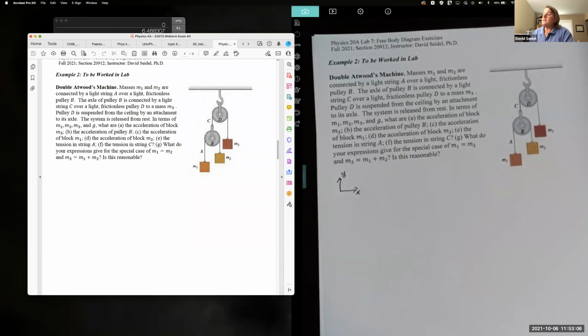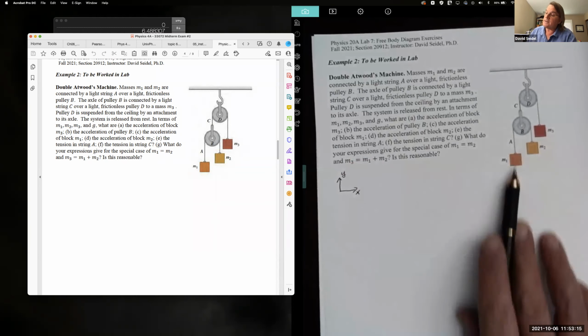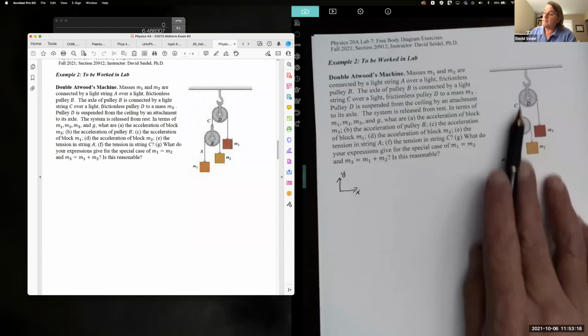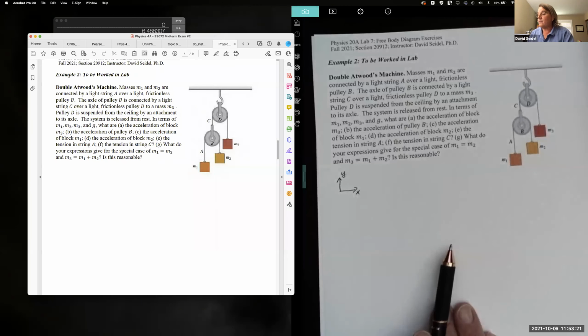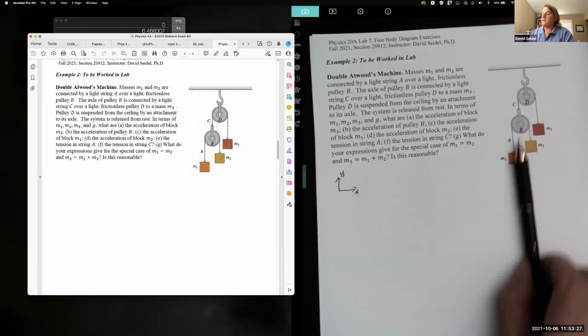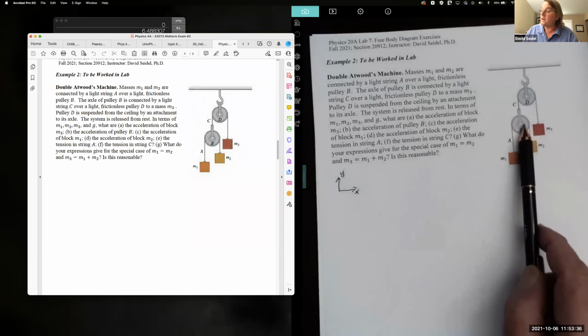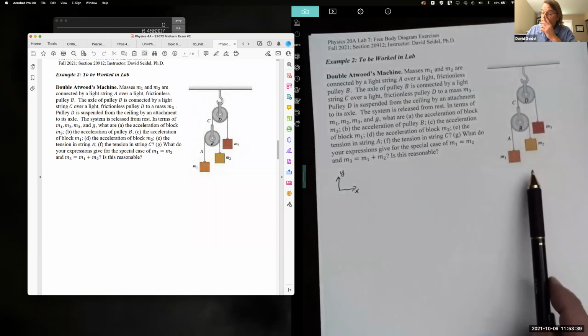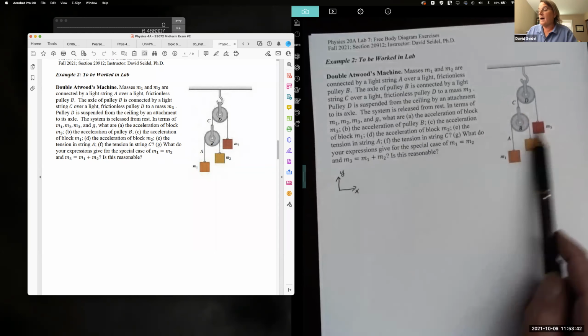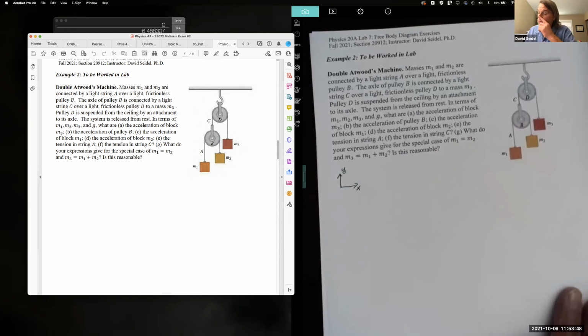Now, I have no idea which way any of these masses are accelerating. If M1 plus M2 is less than M3, this system is going to be accelerating up, and this one's going to be accelerating down. If M1 plus M2 are heavier than M3, then M3 is going to be going up, and these two are going to be going down. I don't know which way they're going. This pulley is either going to be moving up or moving down. This block is going to be moving in the opposite direction of this pulley. That's really all I know there. So I'm going to do